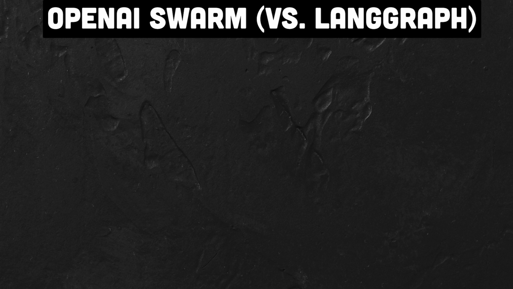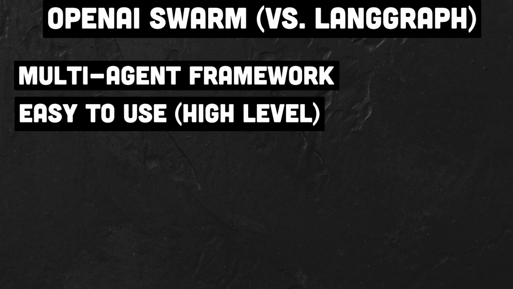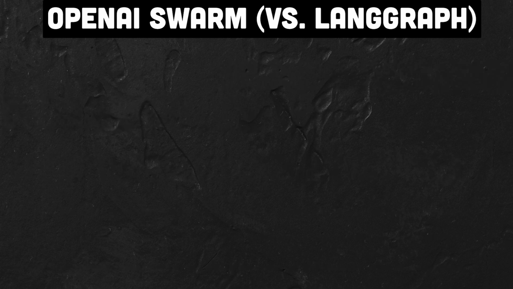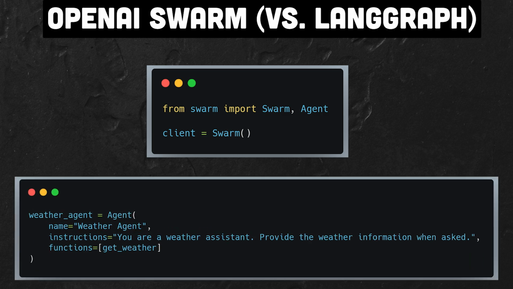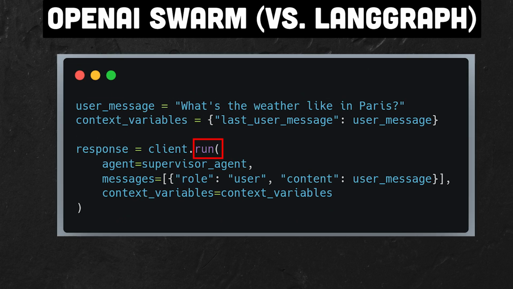So what is OpenAI Swarm? OpenAI Swarm is a multi-agent agentic framework that allows you to easily create an agentic workflow with multiple agents. But what does OpenAI mean by agent actually? Simply put, an agent is just an LLM with instructions that can access tools. To use Swarm, you just import the Swarm and the Agent classes, give the agents a name, instructions and a list of tools or functions. Then you call the run function, pass the agent you want to start with and wait until you get a